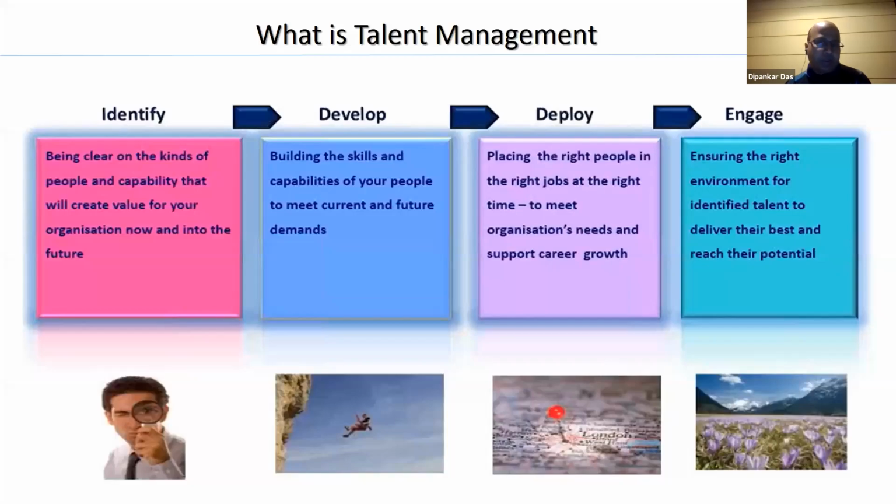By and large, talent management is the various dimensions that we have been talking about. We will talk about those, but we will look at it in a more strategic sense today. And some of the aspects of what we will cover today, two of those aspects we will go into